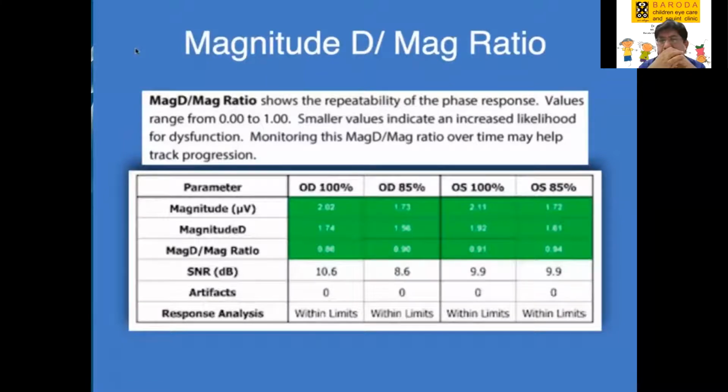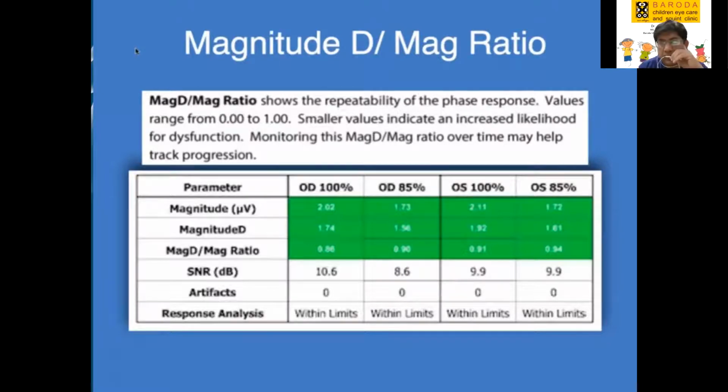No, but like you said, if the SNR is high, it shows that the patient is blinking too much, and that shows that the readings we are getting may or may not be very reliable. Yes. In fact, if it is high, you may get an artificially high magnitude, because if they are blinking, that would also be taken as an electrophysiological response by the machine or the junction box. Right. So something needs to be done for that also. I think we can do research and find out how much it affects.